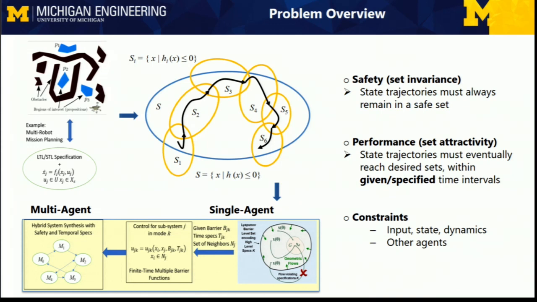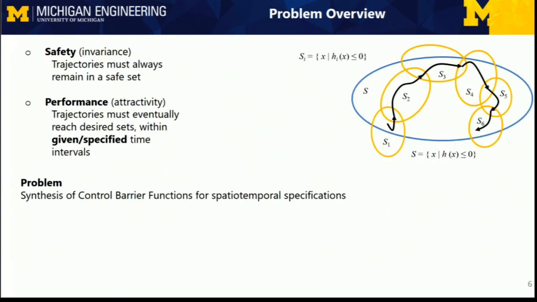So this is some of the ongoing work in my group. I will be mostly talking about this part here. We are extending towards multi-agent systems. This is ongoing work. As I said, safety and performance in terms of specified time are our two main objectives, and the problem is how we can synthesize control barrier functions that encode this type of constraints,